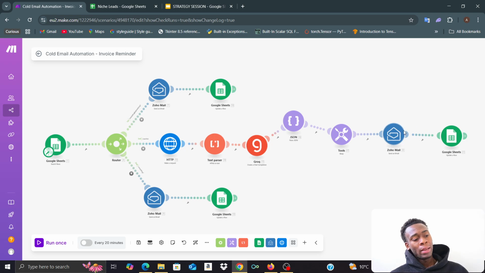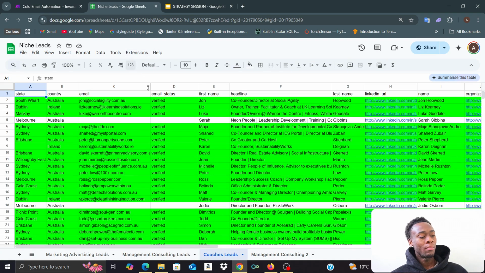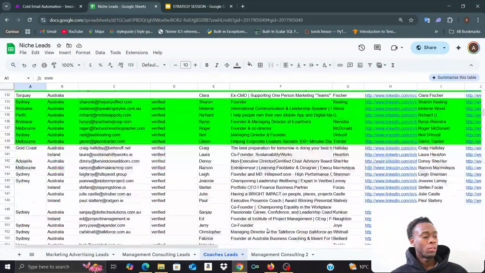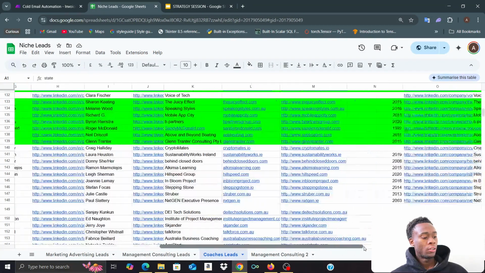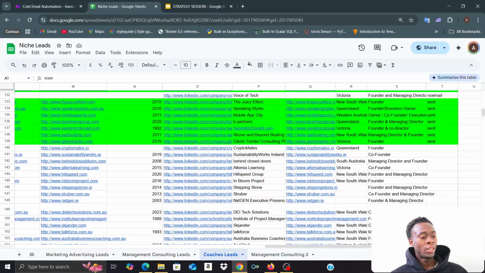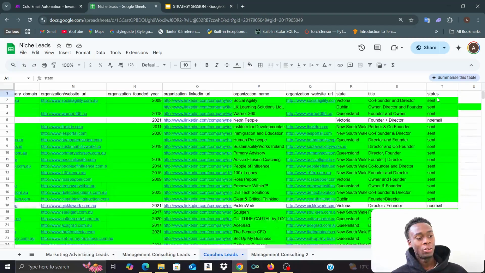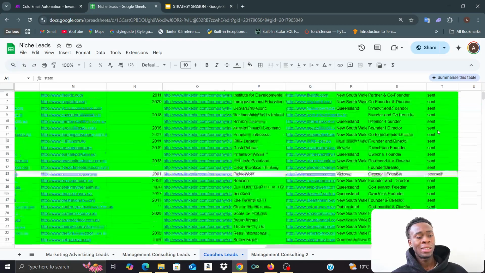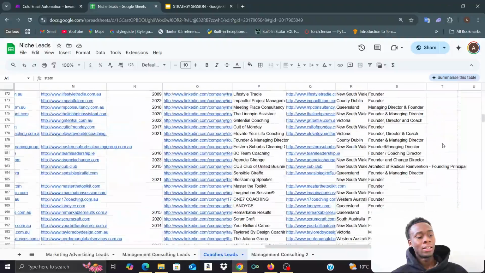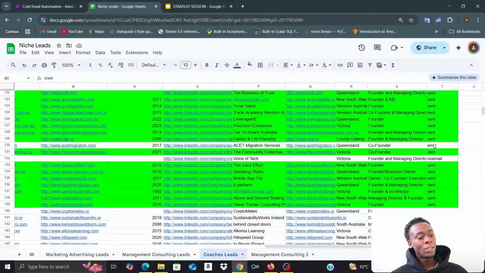Yeah, so I basically do the send email and update my Google Sheets, let's see, update this column status, right, to sent, sent, and sent. Yeah. The reason why I'm doing,